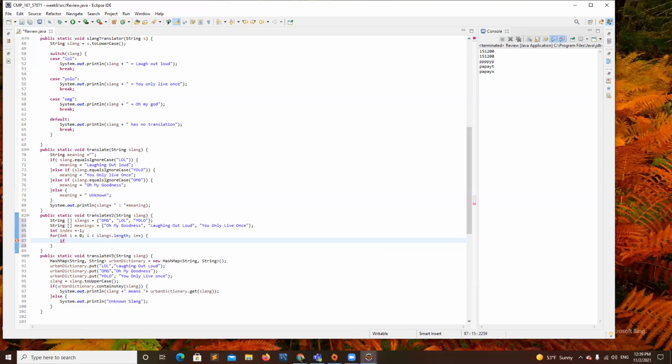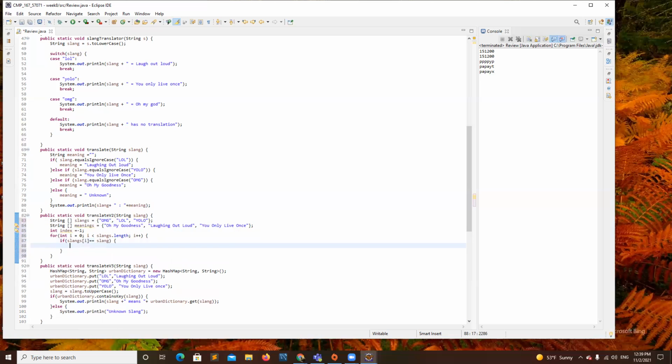If the slangs of i is the slang, and assume that they will be in capital letters, of course. Okay. If they are, then I will set the index to i, semicolon.